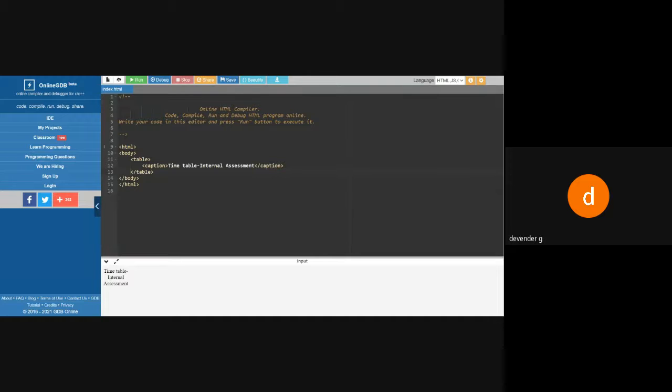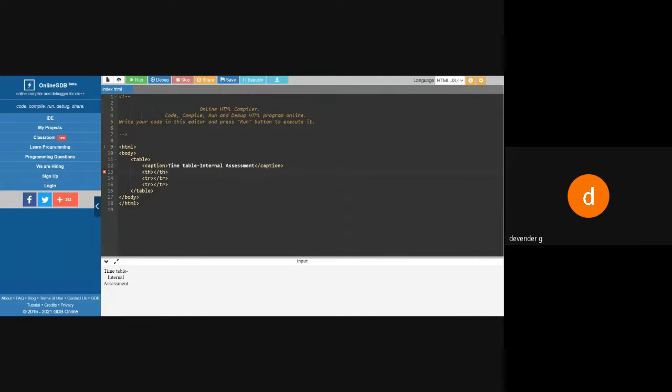Now this is the heading. Then decide how many rows and how many columns you want. Say I need 2 rows. For that I'll use table row, which is TR. I need one row which we call the heading, like timings. I want to mention Monday or Tuesday, or time or date, 9 to 10, 10 to 11, 11 to 12. I want this to be a heading. If you want a heading, I'll use TH.